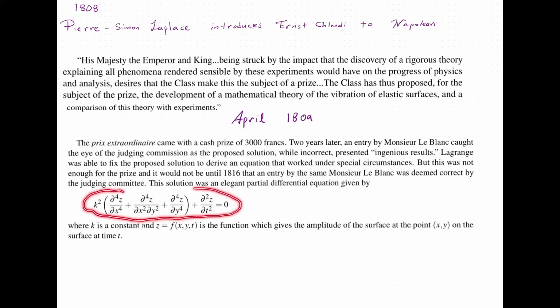There's this equation right here, where the variables x, y, and t that you see here correspond to a function, f of x, y, t. And k here is a constant. Now the function is in terms of three inputs, x, y, and t. x and y can be interpreted as the points on the surface itself, and then t is time. And the output of the function is the amplitude at a given point and time.